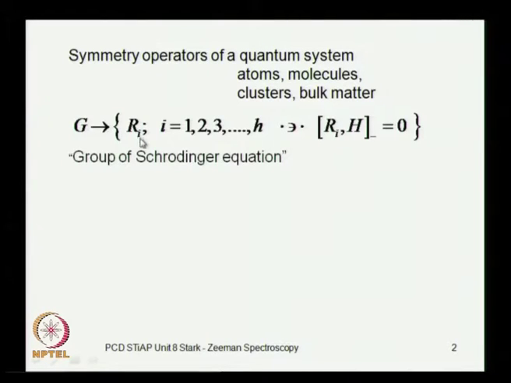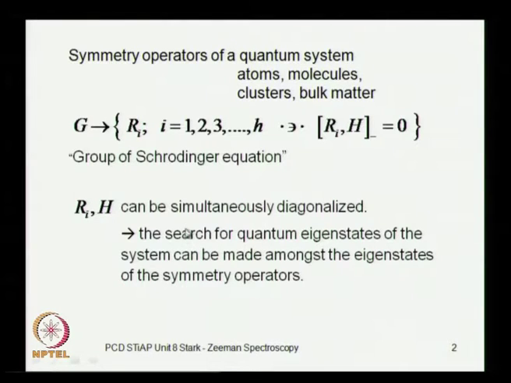So, if you have a symmetry operator R and there are a number of symmetry operators like R1, R2, R3 and so on, and if you stack them together and let us say there are h number of such operations which leave the Hamiltonian invariant, so that for every i the Hamiltonian commutes with the symmetry operator, it remains invariant. Then these operators which have been stacked together in this set, which I have called G, is what is called the group of the Schrodinger equation,